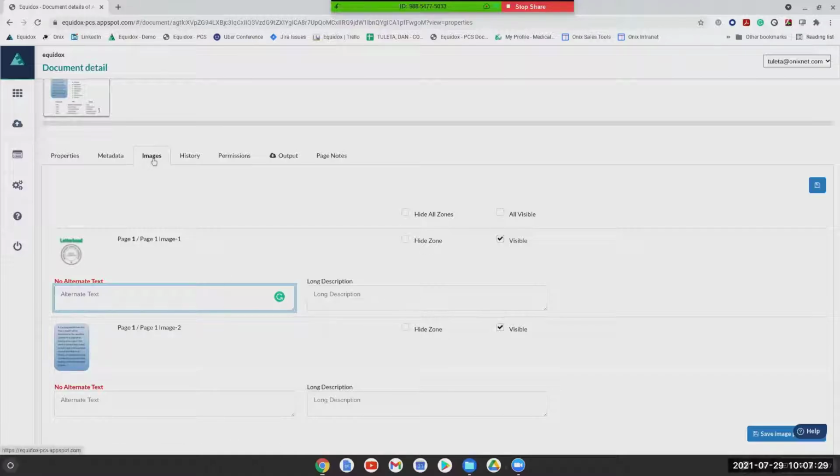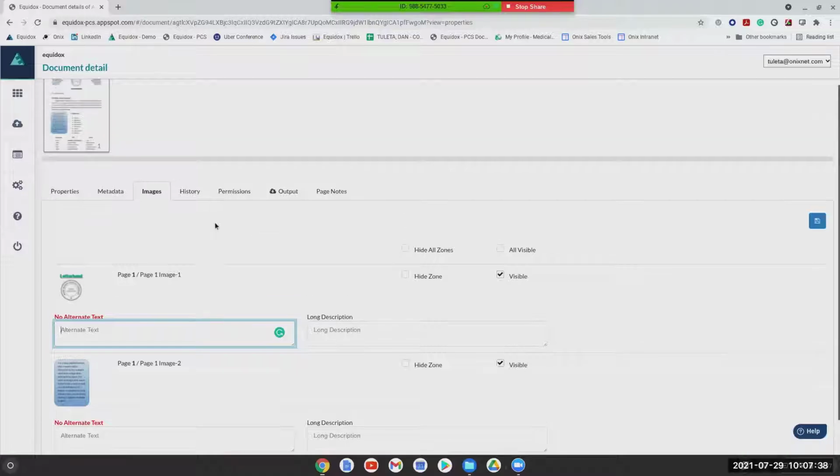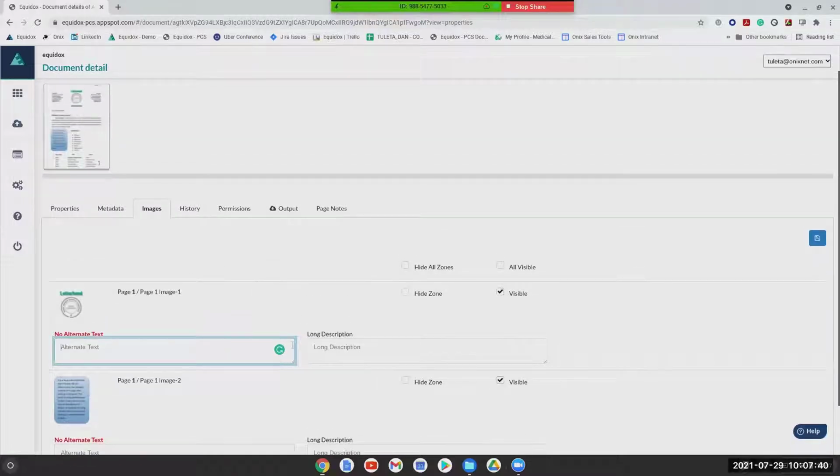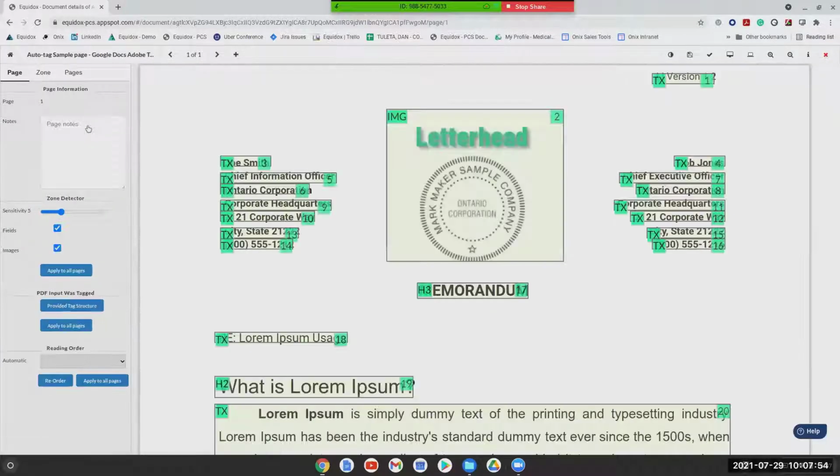But what's nice about this Images tab is if you have a long document, if you have redundant, repetitive logos or background images, or if you have images that do require a description, you can see everything here in this consolidated list. So even if your document is 500 pages long, you can really figure out exactly what you're up against when it comes to tagging the images with a description. Now, I'm going to jump into the first and only page here and just take a look at what we are presented with right away.